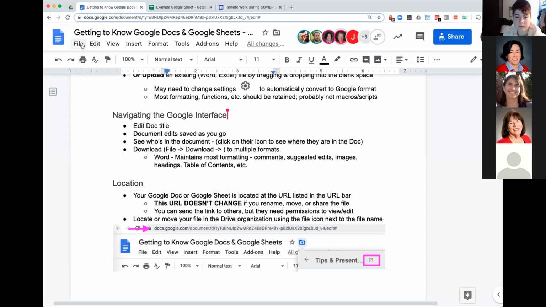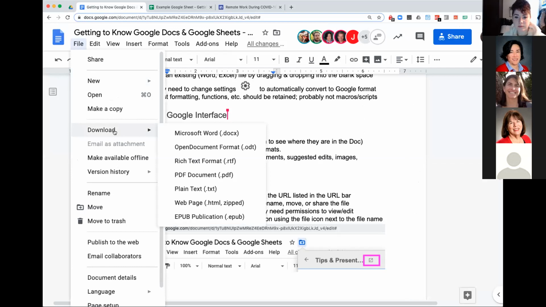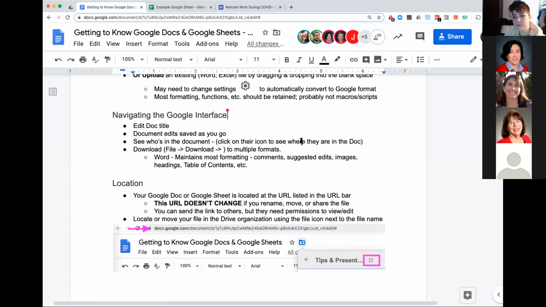And you can go the other direction. You can go here to File and Download, and you can take your Google Doc and convert it back to Word if you needed to do that. Again, the formatting gets retained, track changes get retained. It's actually quite good. I think it's gotten a lot better. I haven't yet found too much that doesn't completely translate. It may be something like the fonts aren't exact, but there's very little work that I need to do when doing that conversion.